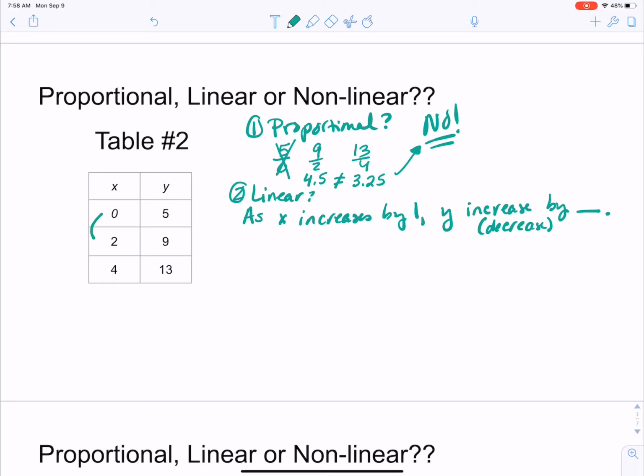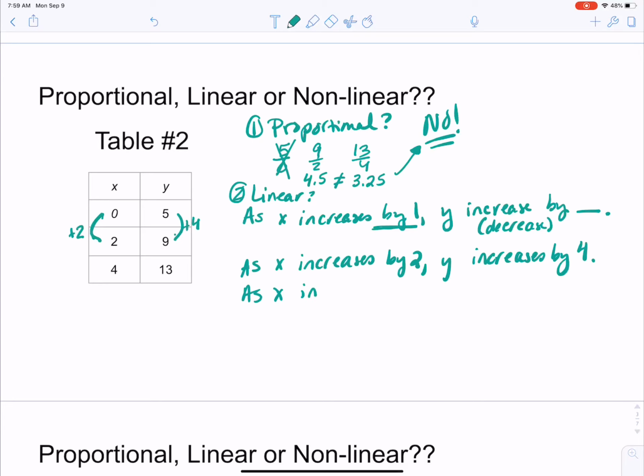So our x value went from 0 to 2, so it actually increased by 2. So actually when we started, we would write a sentence like this, as x increases by 2. Well, then what did y do? Well, y actually from 5 to 9 increased by 4. But again, if we're looking for our unit rate, we want it to be 1. So then we thought about, okay, all of that knowledge from 7th grade with proportional thinking and ratios and scaling them up and down, how could we turn this sentence